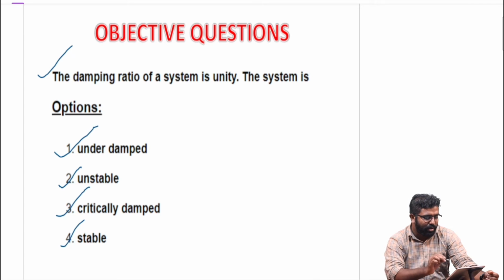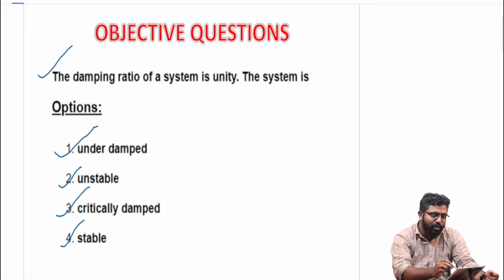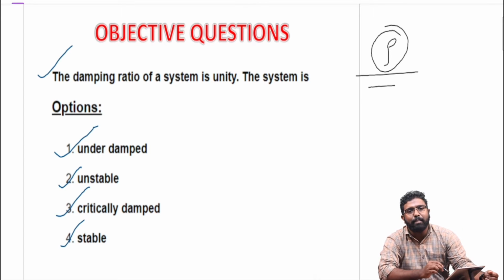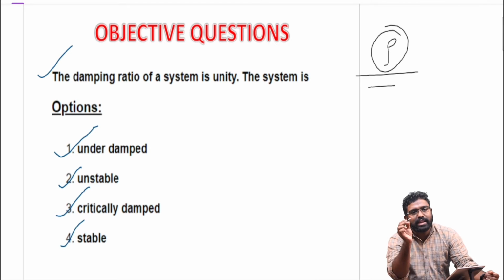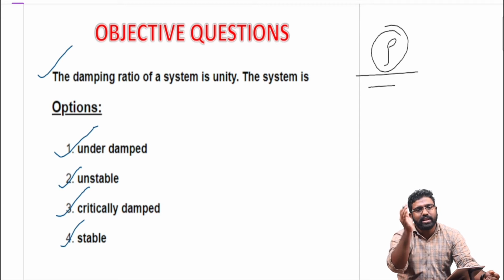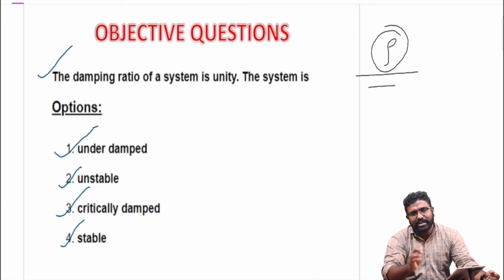Before coming to the answer, let me give some description. Damping ratio is represented by theta. What do you mean by damping? You are attaching a door closer. If you open the door and enter the room, the rate at which the door is closed without any sound or any oscillation is called damping. Another example: suddenly you switch off your fan which is running at 200 rpm. The rate at which, in minimum time, it reduces its oscillation to rest is called damping.